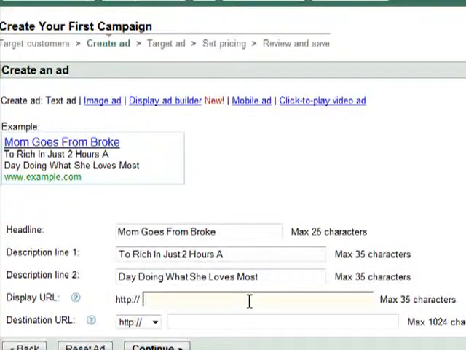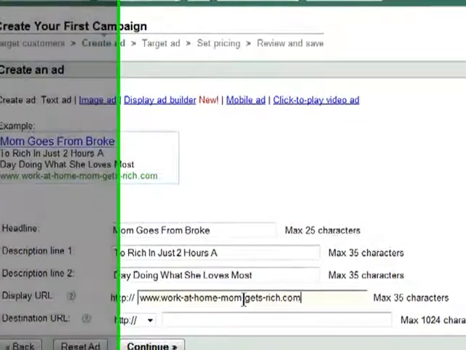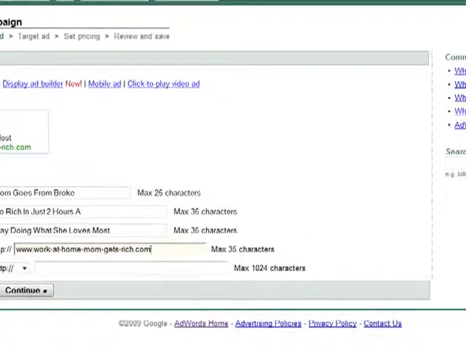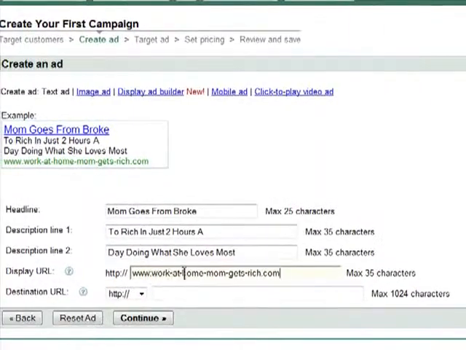It should speak something about the ad. So let's just say you're going to get a URL that's www dot... okay, there we go. You're going to have a URL that says www.workathomemomgetsrich. Now, one of the things that's also very important, capitalize every first letter of each